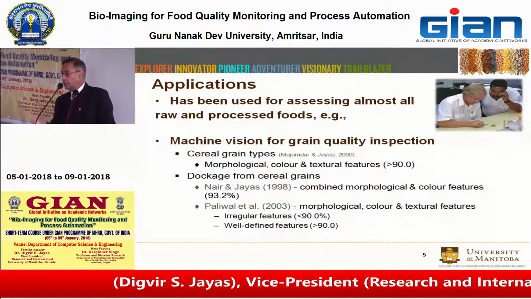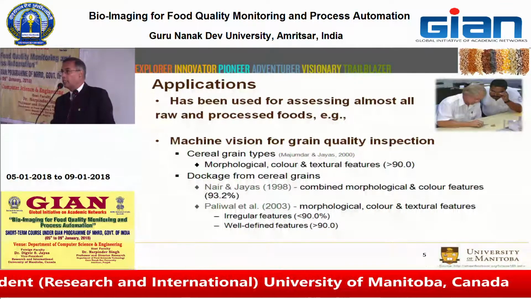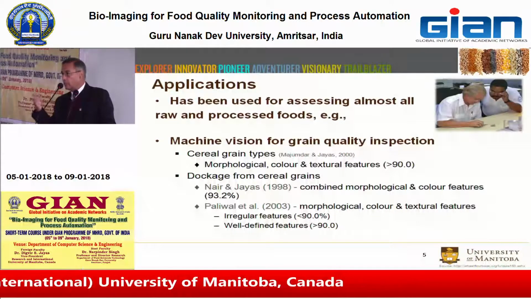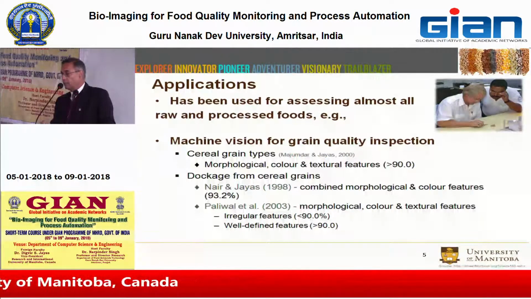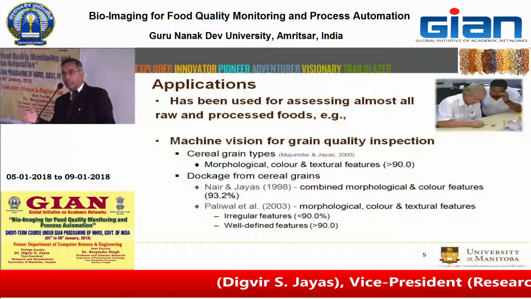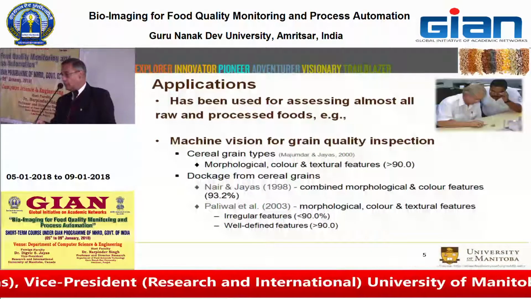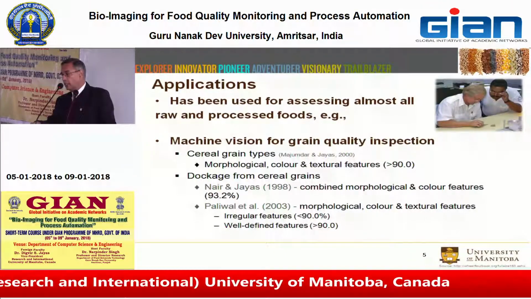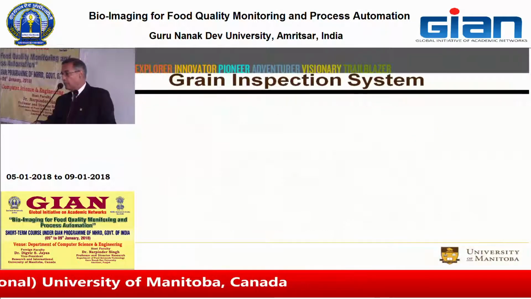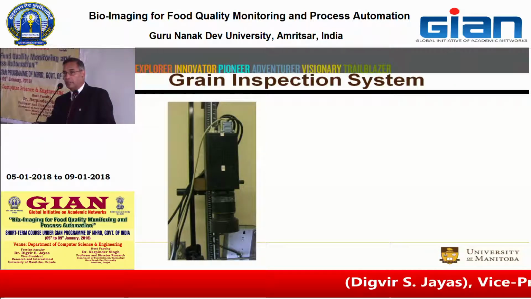Applications of imaging in the visual spectrum. I would say it has been applied and used from both a research perspective and in many industrial applications, to evaluate almost all raw food materials as well as food materials. And at the bottom of that slide are some examples from our own research group,